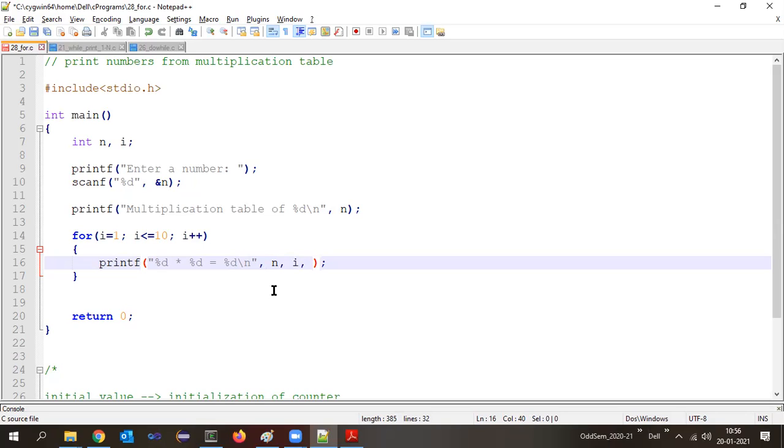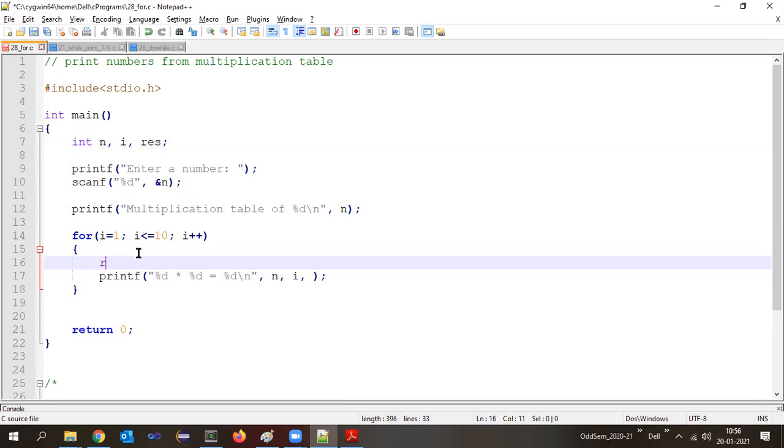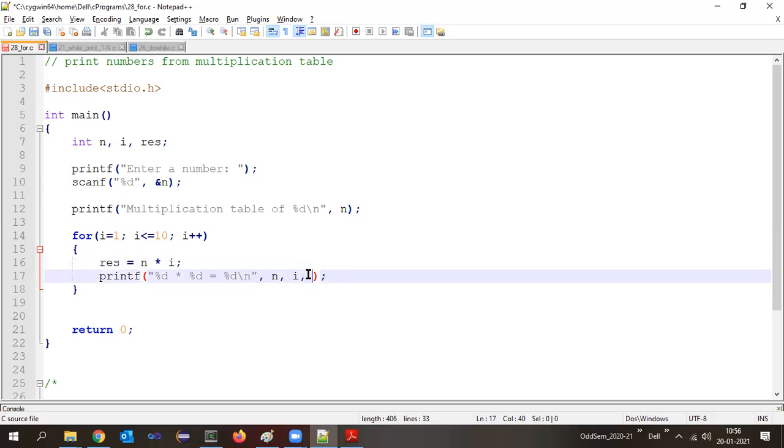Like if I take a variable, suppose say P as the product or the result, whatever you say, result. Okay. So here I would be writing some statement like result equal to N into I. And then I would be writing here result. Correct?